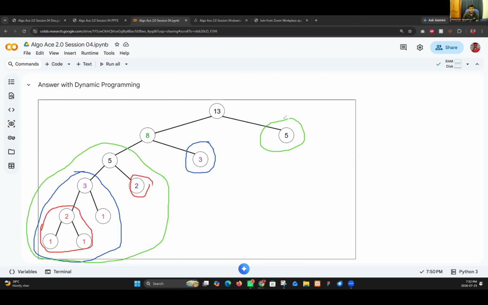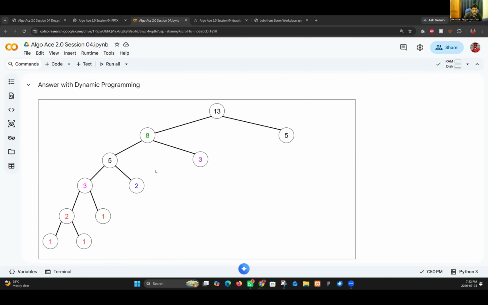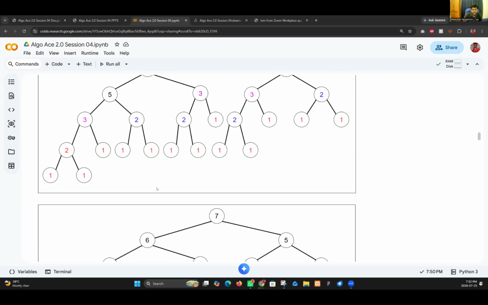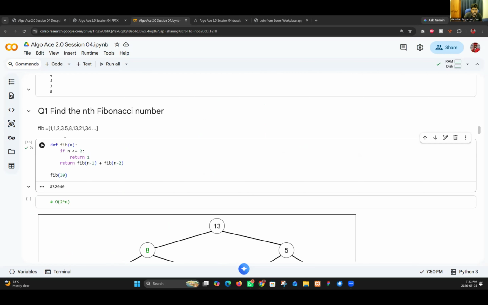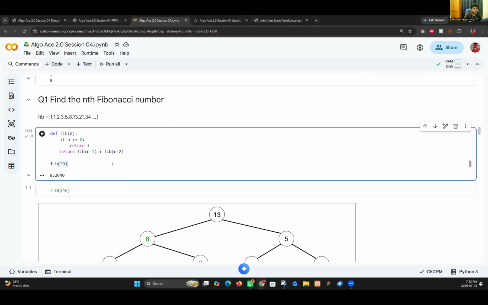Just give me 1 second. I'm going to clear our drawings. Definitely this one gives the answers for me, but as I was saying in the previous two, this is not the ultimate solution.